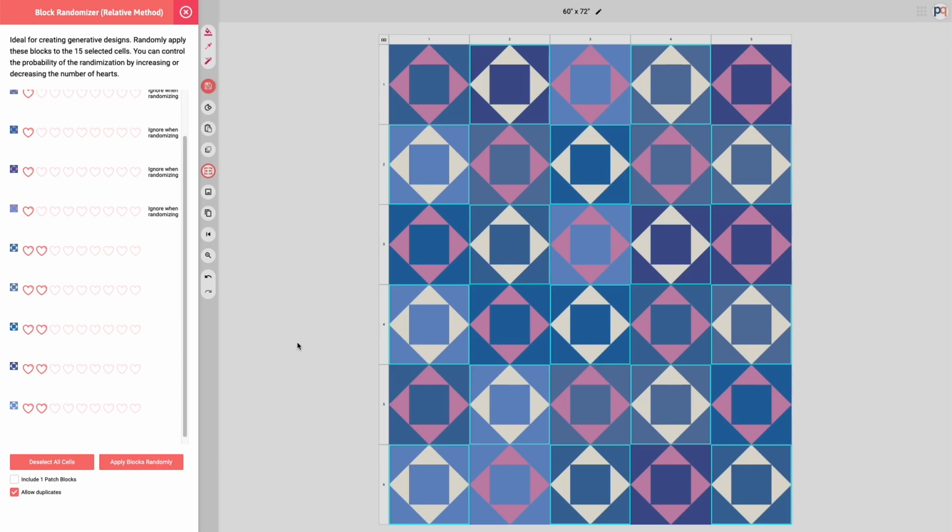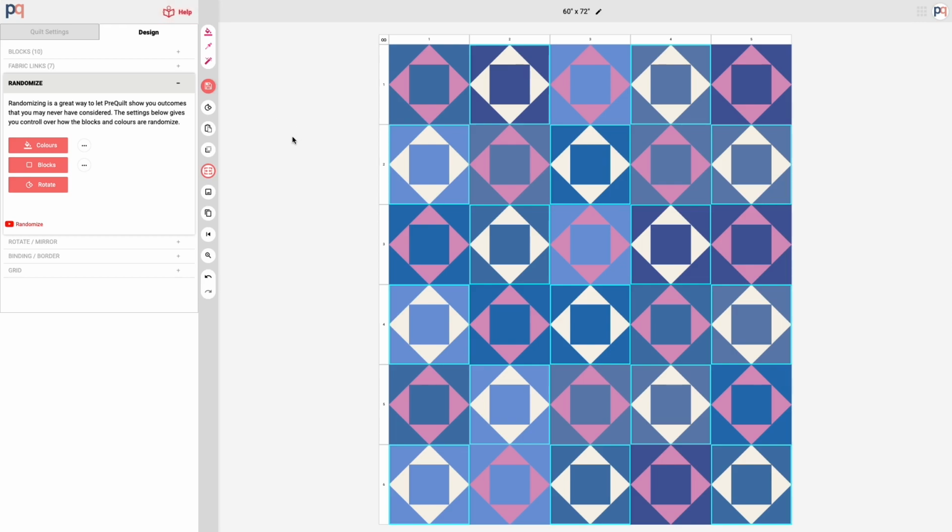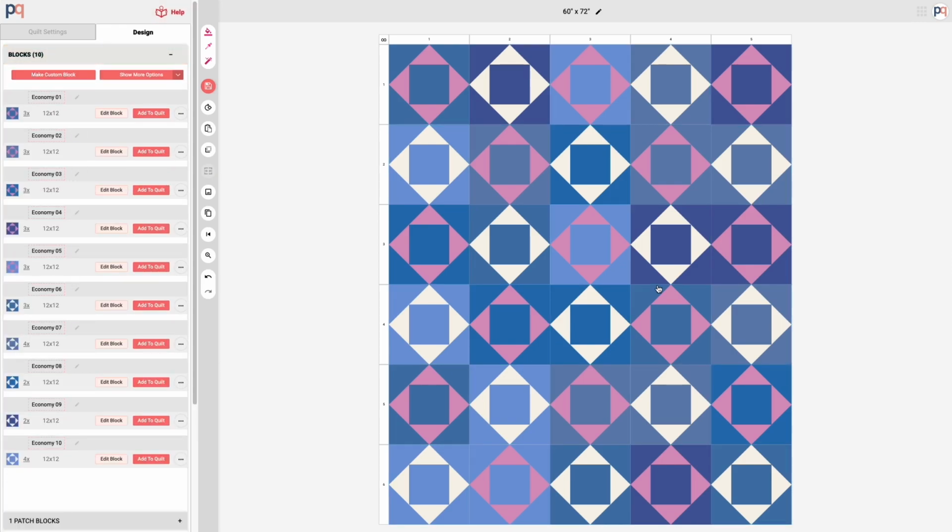And so I actually kind of like how that landed, although I don't like how those two are kind of maybe touching, I might want to move that around, but I can do that manually. So what I'm going to do is I'm going to close that off, and I'm going to go back to my blocks and see, okay, so here's which one's coming up only a couple times. Maybe what I can do here is apply that one, and then I can find where these 4 are, and they're touching there and they're touching there. I'm not going to want to put the purple there because that's where those ones are. So maybe what I'll do is I'll put the dark purple one here, and that gets rid of one of those extra. And then again,